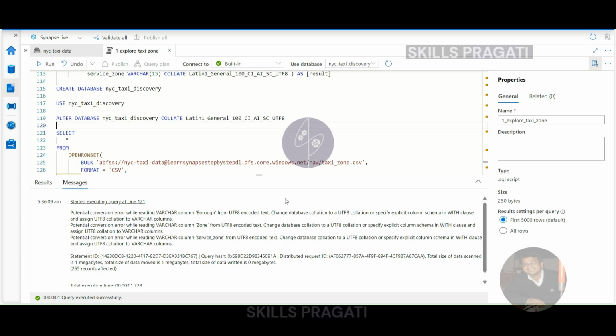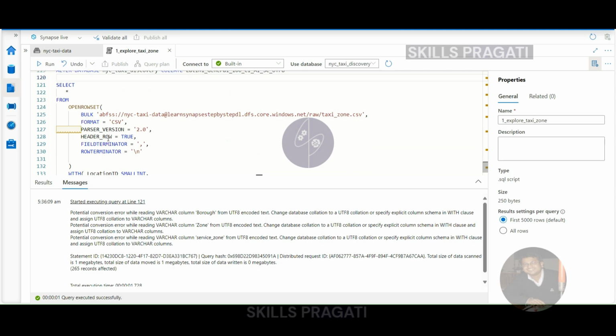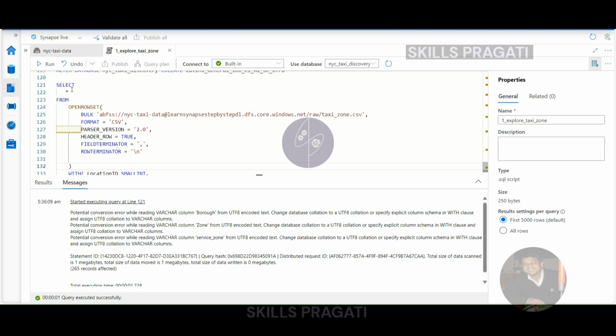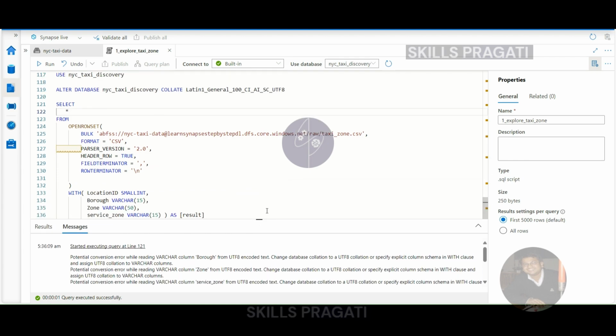Welcome back. So far we have been returning all the columns from the file, but you might not need all the columns and you may want to select only certain columns. What are the benefits of this? Firstly, your development time will be quicker as you don't have to list all the hundreds of columns when you have a wide file. And secondly, and most importantly, it's more performant and cost-effective when you're processing a file